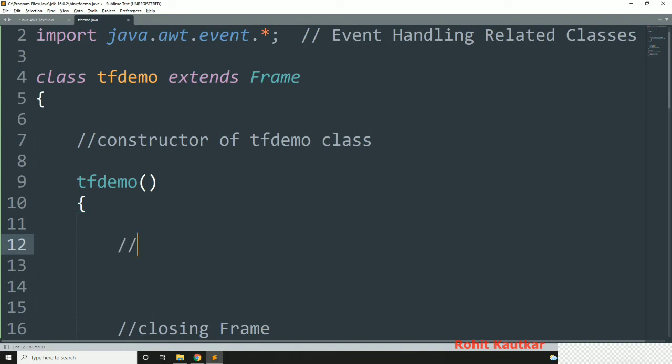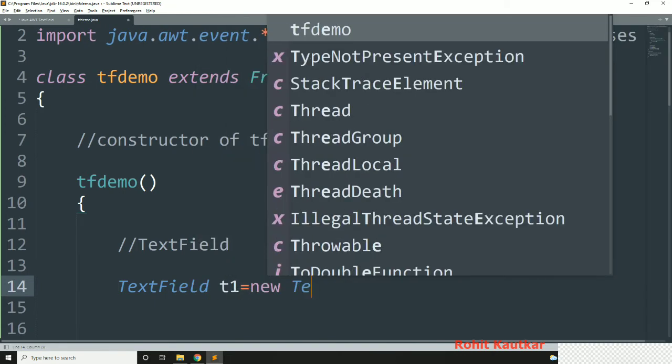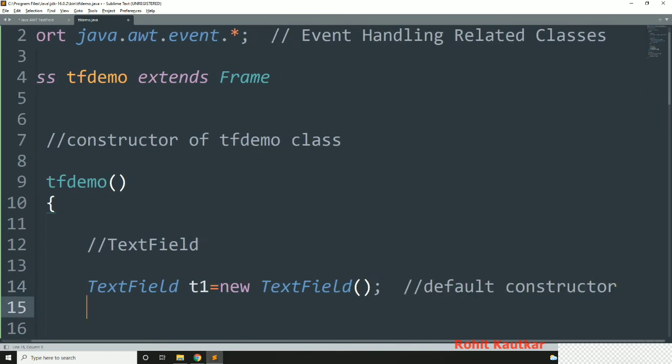Now we will create text fields over here. So how will I create a text field? Let's say the object name is T1 is equal to new text field, like this. This will be with the default constructor. This text field we have created with the default constructor.